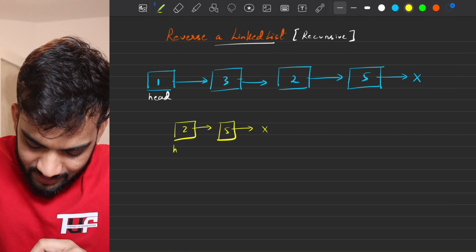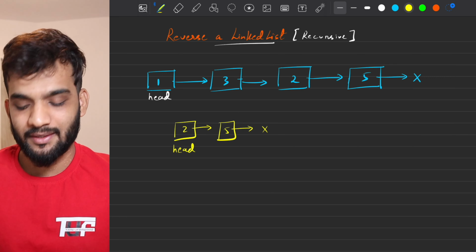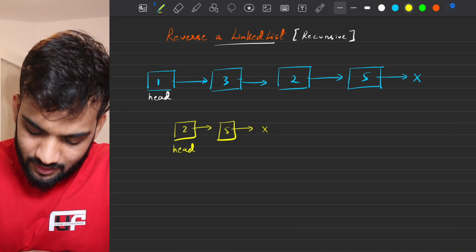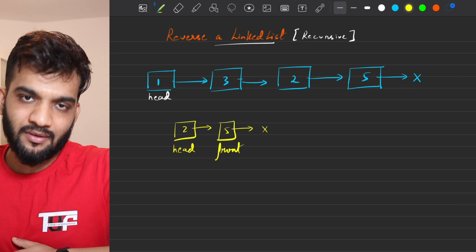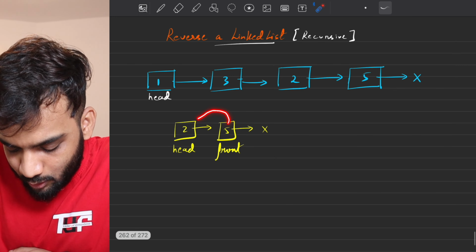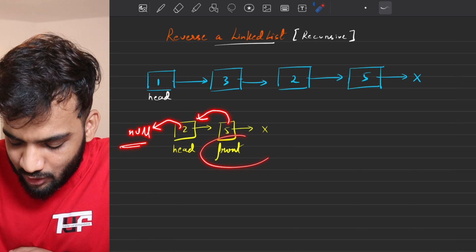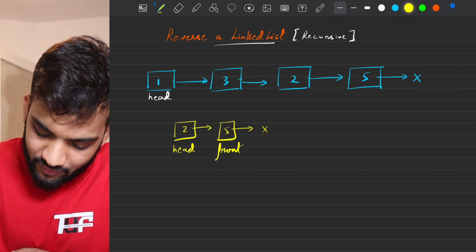Can I say this as of now is my head of the linked list? This as of now is the head of the linked list. Okay. What is the next node? I'll be like this one. Front node is 5. What do I need to do? I basically need to make sure the front is pointing to head and the head is pointing to null. And this is my new node. This is my new head of the linked list. Because after reversal,